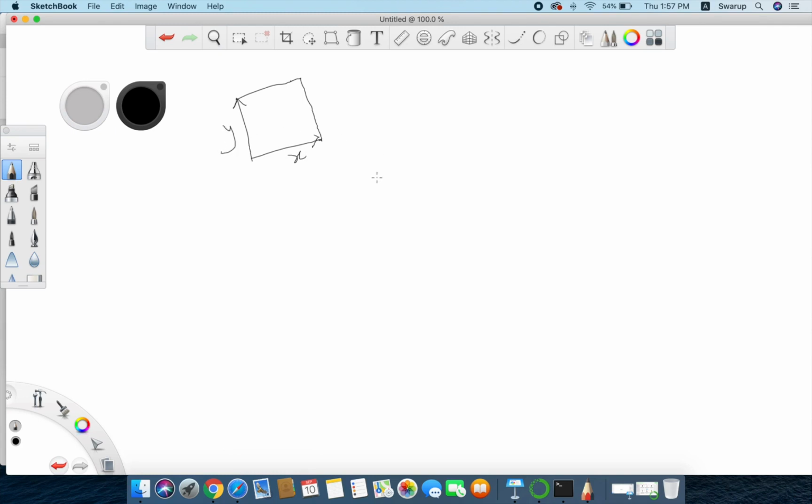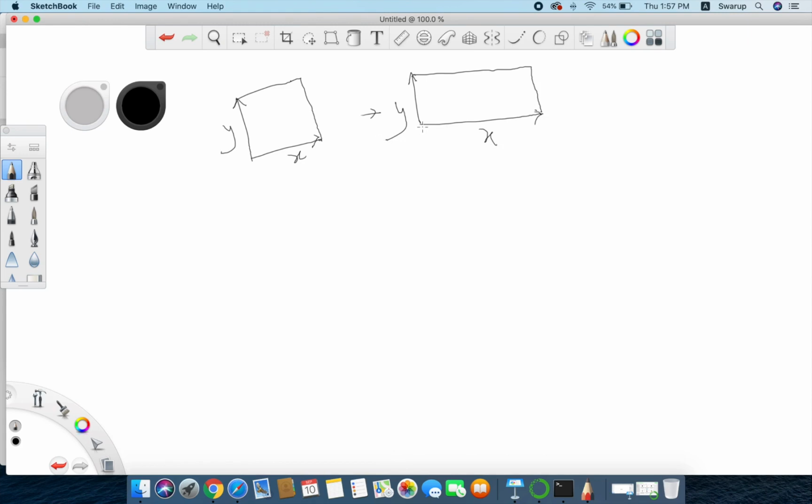Now suppose you did some transformation. Transformation is nothing but suppose you scaled the vector by multiplying it with a scalar, or you did some computation on top of it and transformed this particular vector. Now suppose the new shape you are getting is a rectangle. Earlier it was a square, now we are getting a rectangle. The y vector is still the same, but the x vector has changed.